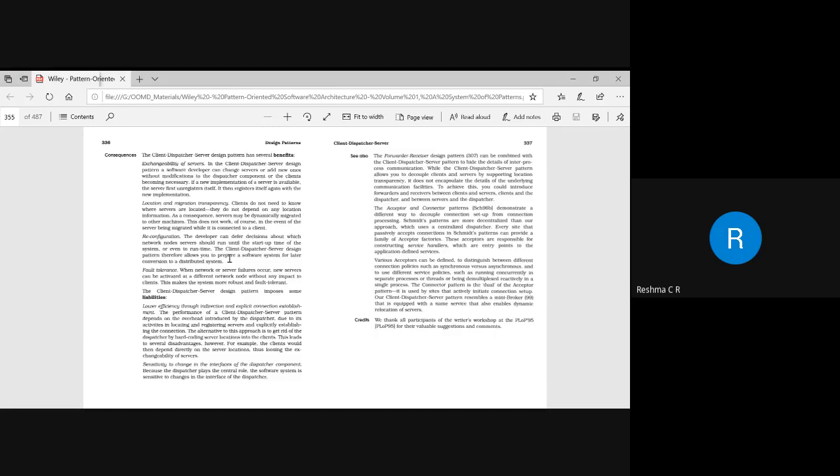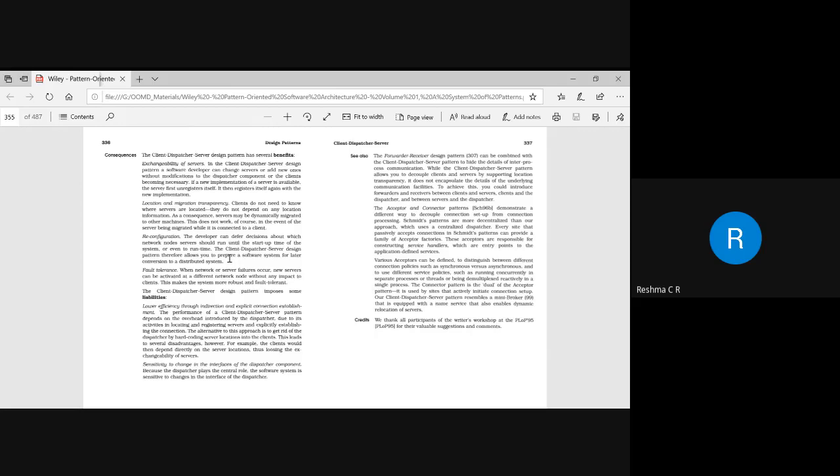If any server is not working, you can easily replace that particular server. And location and migration transparency. Whenever you replace a particular server, or whenever a new server is added, that location can be easily added to the dispatcher and easily identified.